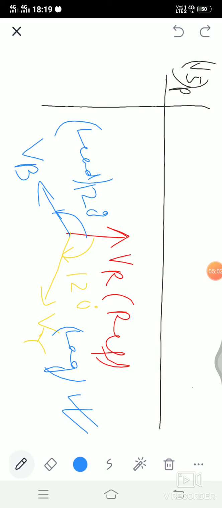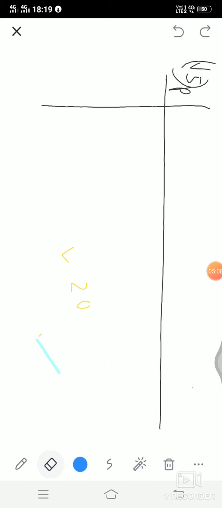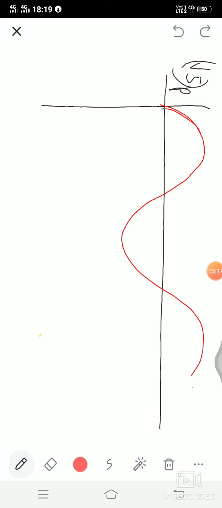So I'll be rubbing it out. So first of all, red phase. Red phase is our reference. This is our red phase. Now yellow phase will be lagging by 120 degree. So after a gap of 120 degree, it is 90 degree. See, this total is your 180. 180 half is 90. So it will be starting from here only, like this, and then you will have to extend. So this is yellow phase.